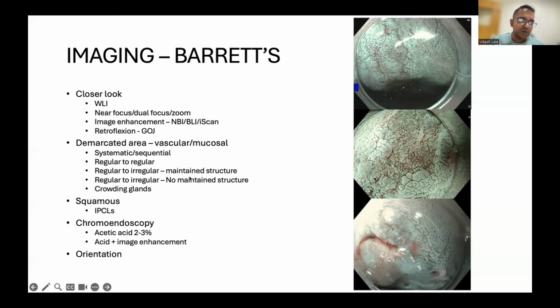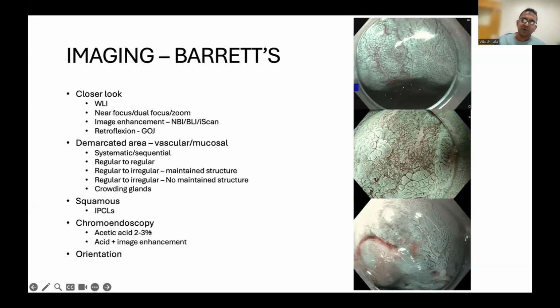And then the utility of chromoendoscopy, and I'm going to try and show you how that helps. So remember, when we're talking about Barrett's, you want to use acetic acid, and you want to use about 1.5 or 2% to 3%. There have been reports of acetic acid-induced colitis. So you ideally don't want to use 5% and 10%. I know a lot of centers do use vinegar, but the problem with vinegar is sometimes when you buy vinegar from the supermarket, it will just tell you on the bottle more than 5%. Is more than 5% 50%, or is more than 5% 5.1%? That's the big issue with it. So you can dilute down the vinegar, but ideally you want acetic acid 2 to 3%.